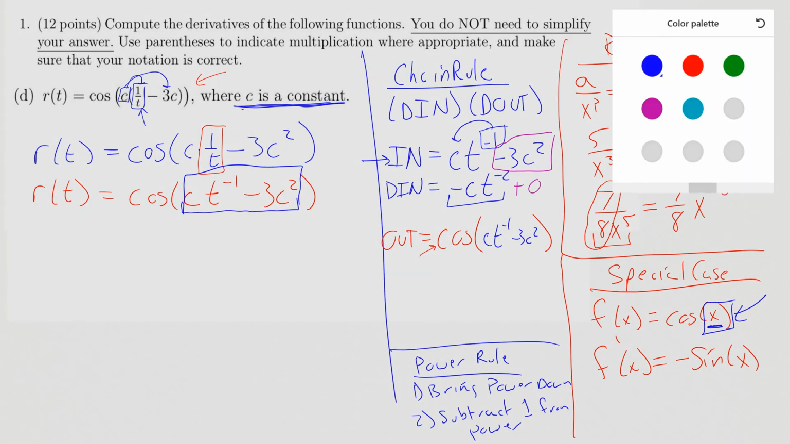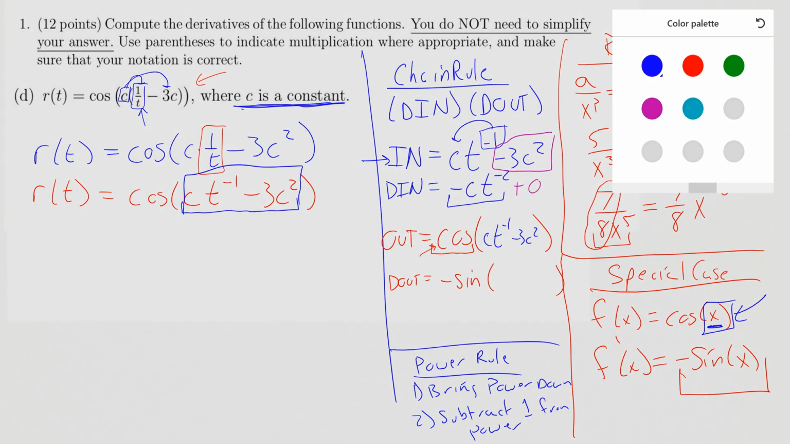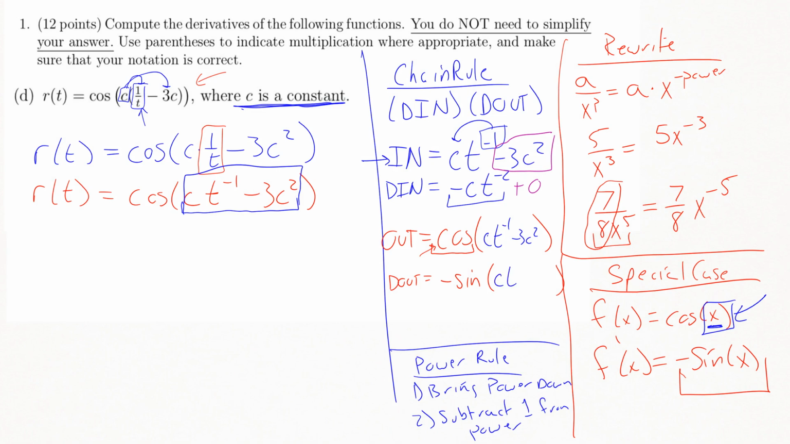Moving on to the next piece, our outside piece, our d out right now. Well, the derivative of the outside, we're just worried about the cosine piece here. So the derivative of cosine, that was our special case. So that's going to become negative sine. And then you just want to leave alone all that stuff on the inside that you already took the derivative of on part 1 there. So minus 3c squared, all that stays the same. So I now have a d in, I now have a d out, and that's all I needed to accomplish my chain rule. So I can go over to my r of t right now, and I'm ready to take